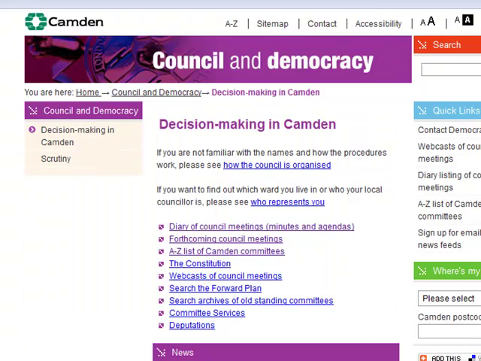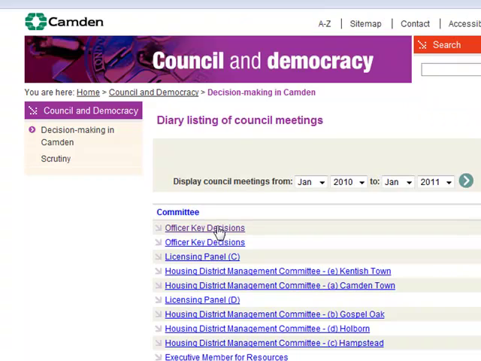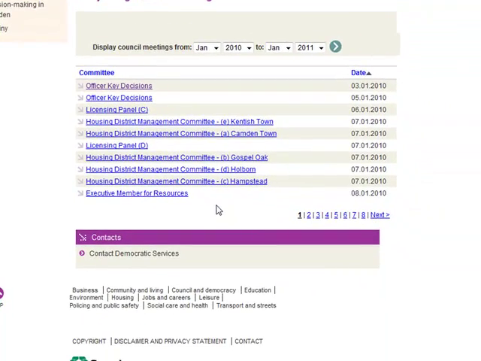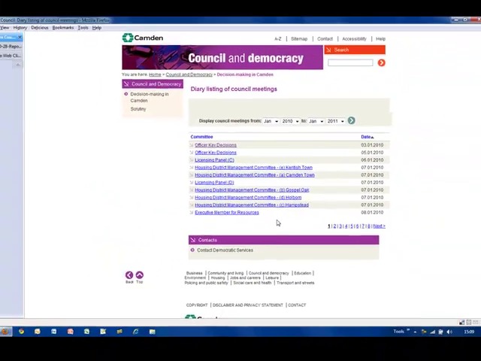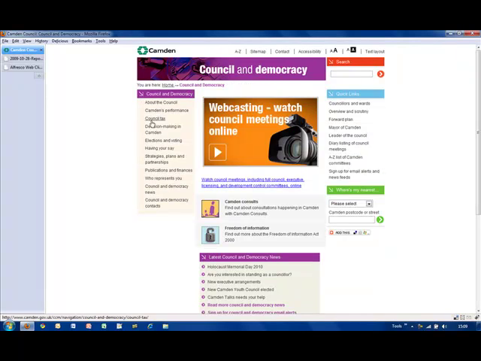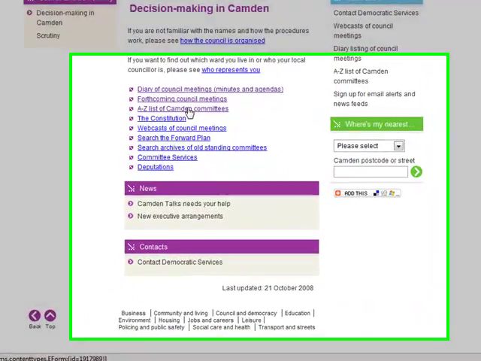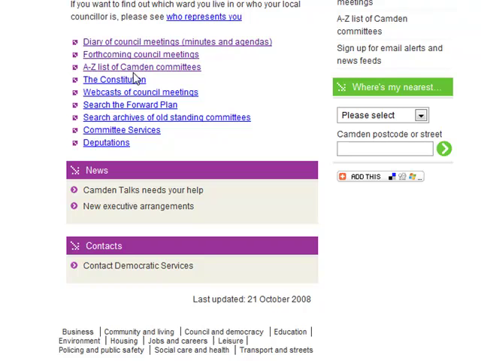As a member of the public, I can get an upcoming list of the council meetings that are occurring in the near future. This shows me a list of the meetings that are coming up, along with the dates that they're happening on. We can also have a look at the committee meetings that are happening in Camden via an A to Z list. For example, if we take the executive committee,